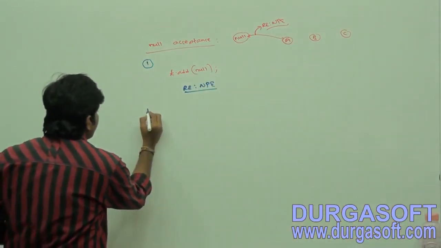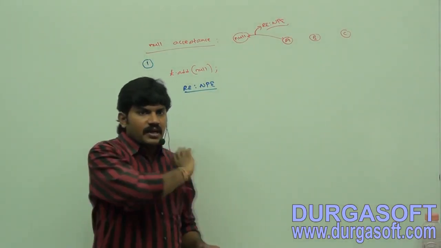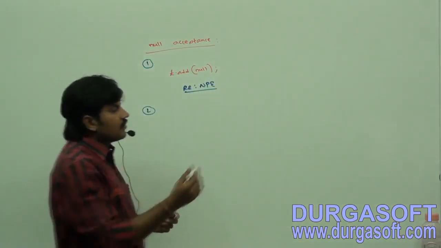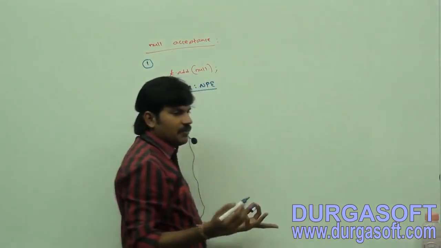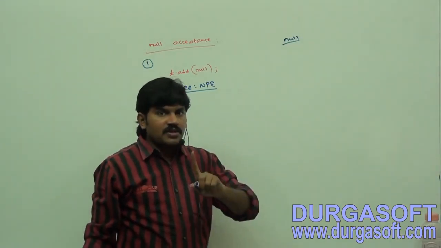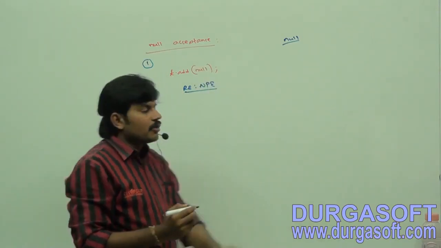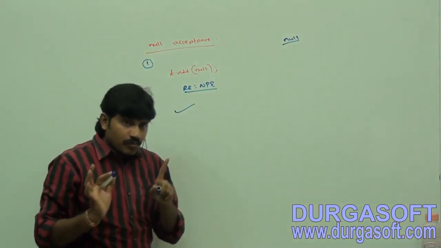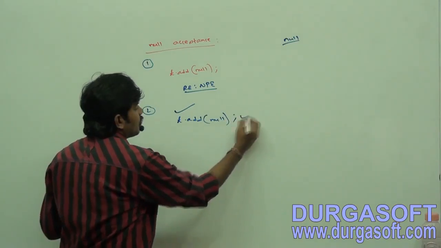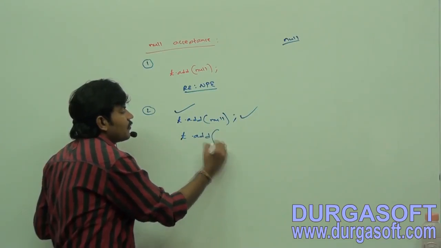Now the second one. Suppose the TreeSet is empty, we are not adding anything, and I am trying to insert null. For an empty TreeSet, for the first element, is comparison required or not required? No, comparison is not required. That's why for an empty TreeSet, inserting null as the first element is acceptable, no problem at all. But whenever we try to insert a second element, now t.add of a,